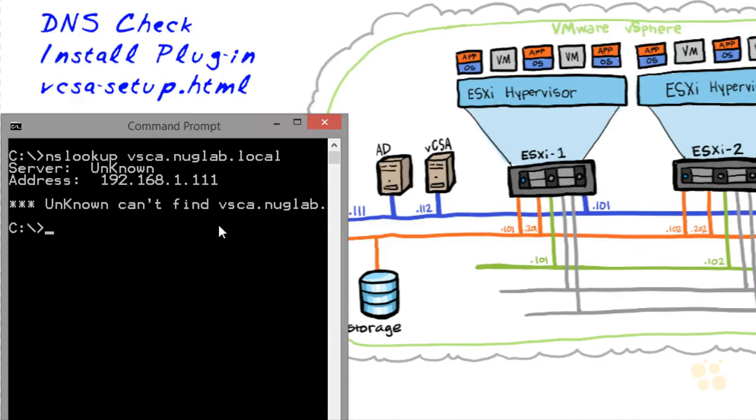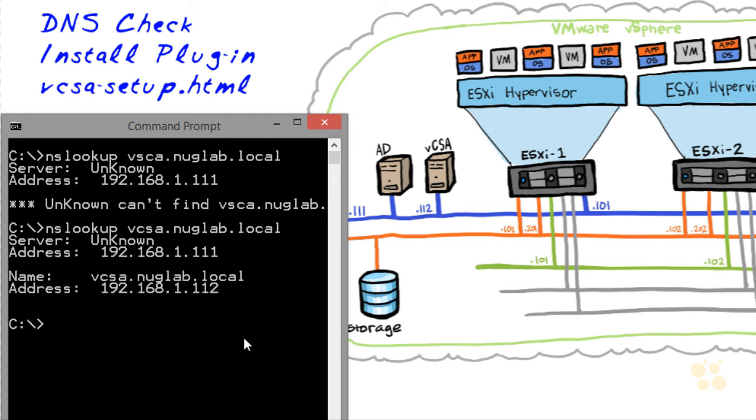So let's go ahead and do an nslookup once again. But this time we'll type in vcsa.nuglab.local, press enter, and sure enough, that resolved to .112. Perfect. So we'll do nslookup once more,